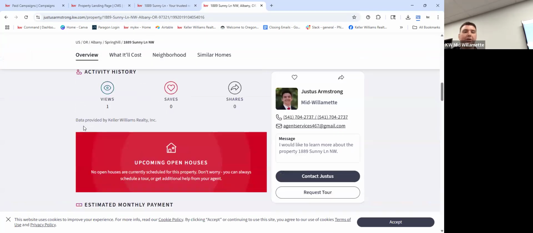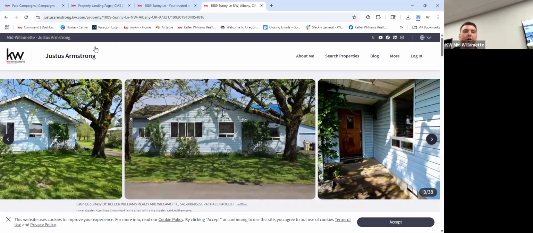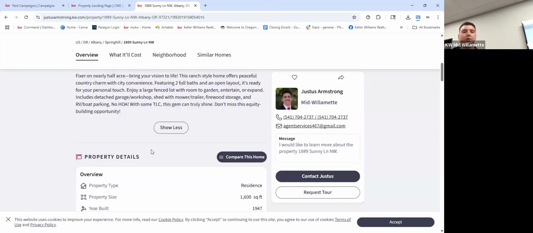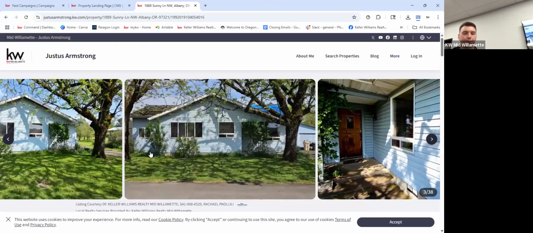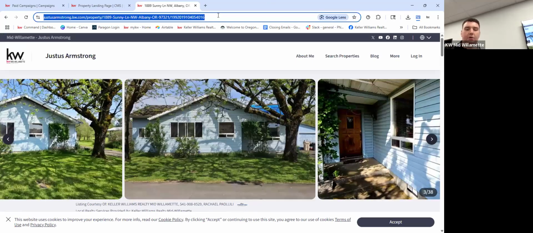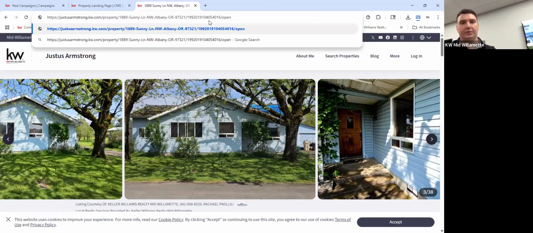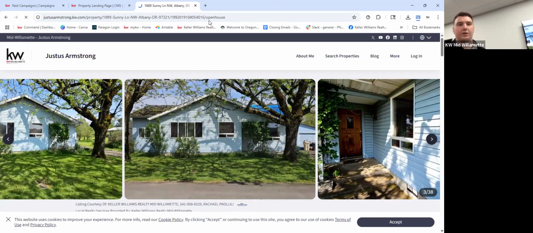So there's actually a very easy way to do that from your KW website. We're going to go to this property search page that we had before. It has everything we want. All we need to do to generate a form is to go up to the address bar at the top, and then at the end, we can just type /open house. And if I hit enter,